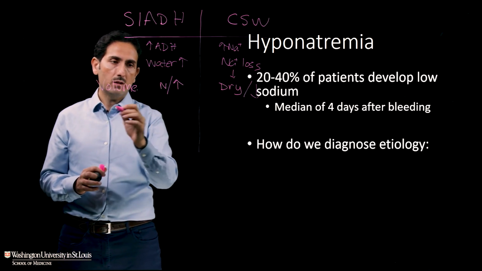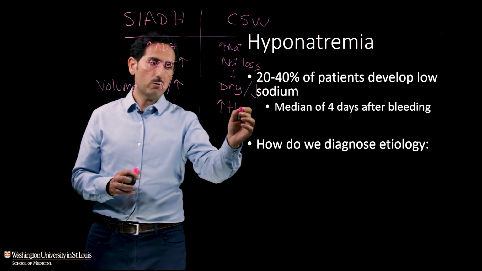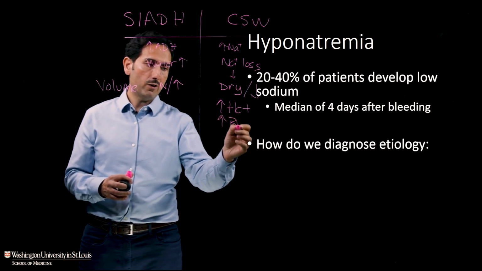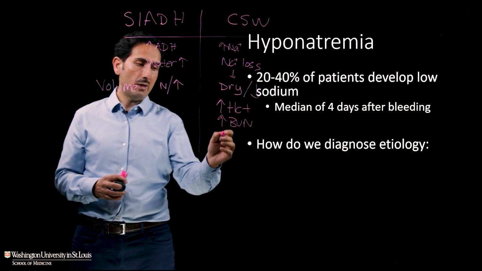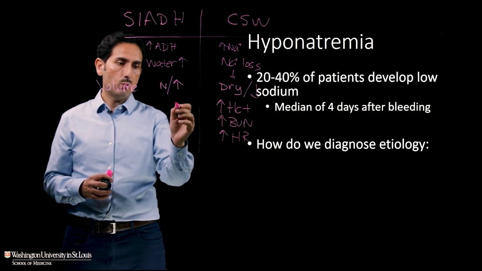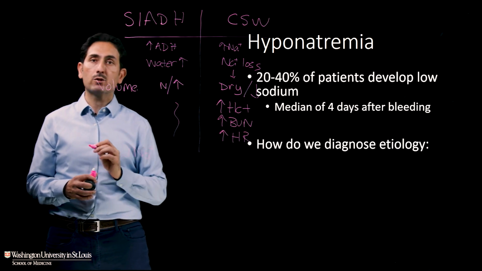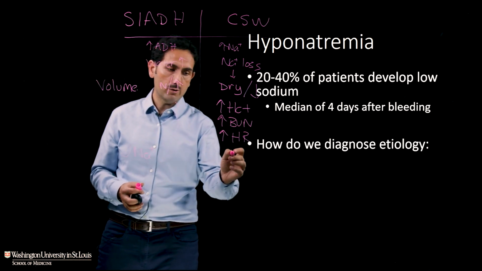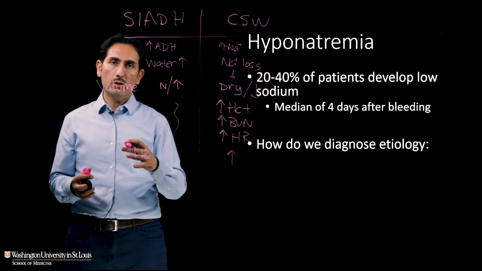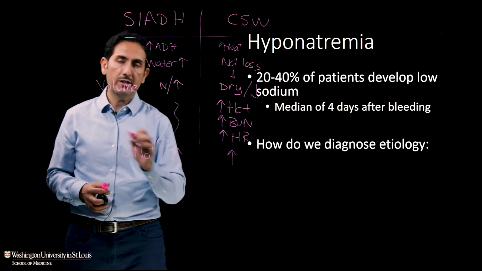What else may you see? Well, if someone has salt wasting, they may have a high hematocrit, which is basically a concentration of their blood. They may have a high kidney function value because they're dehydrated, and they may have a high heart rate. So these are clues for salt wasting. And in SIADH, you won't have any of those. One thing that's commonly assessed is, well, can we check the urine? Maybe, because in salt wasting, the urine sodium will be high because you're losing salt. Well, unfortunately, also in SIADH, the urine sodium will be elevated. So this is not going to be a good way to differentiate.